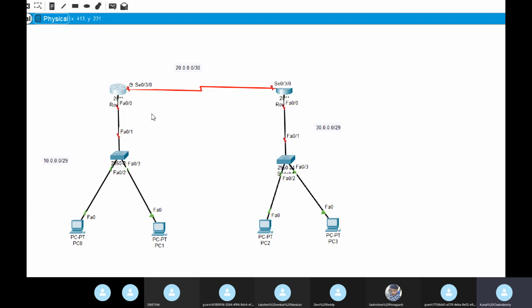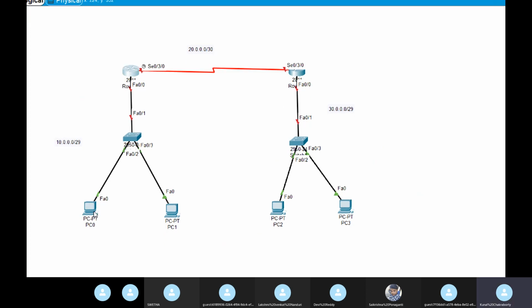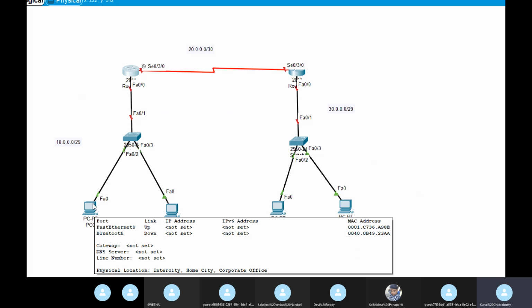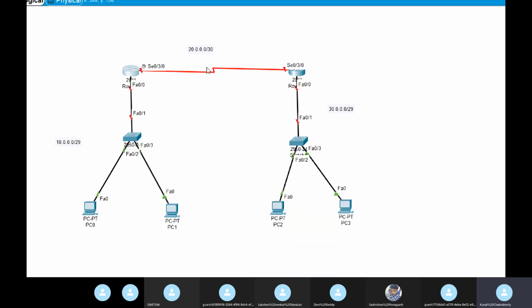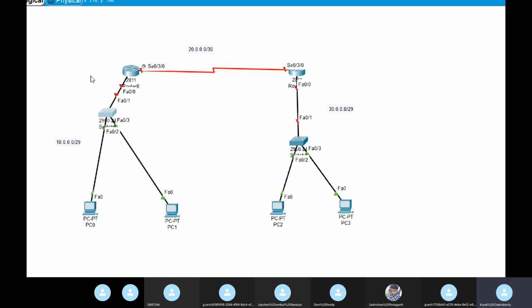If any system sends any data to somewhere else, can you see the path? It will pass through where? When from PC0 any data is transferred, it will go like this, and it will go through the switch, and it will go to FA0/0.